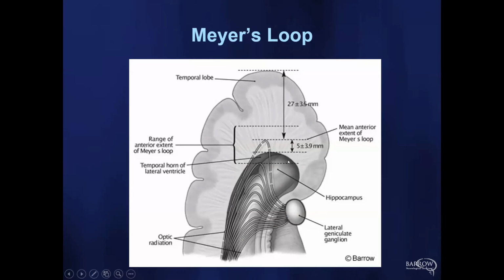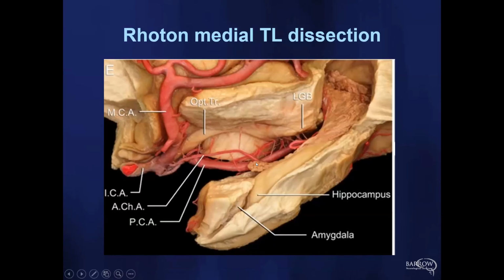So, okay. It's important to see the relationship, the lateral Meyer's loop from the lateral geniculate coming out and going around the outside over the top of the temporal horn. So if you come in underneath, in the inferior aspect of the temporal horn, you don't violate those structures. So again, this anatomy from the surgical standpoint is very important.